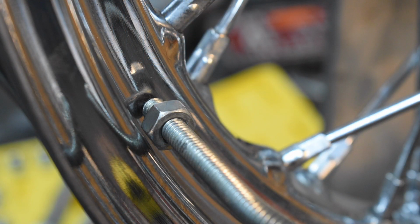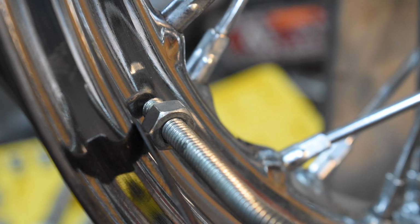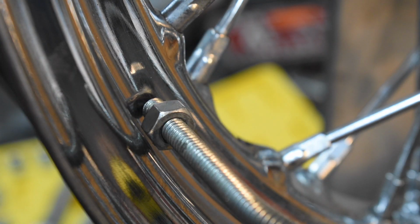Okay, I've taken the tire off, obviously. I've got the wheel sitting in my truing stand. And this nut, the flat of the nut is set parallel to the edge of the rim. This is what I'm going to use to check the hop. And then the point of the probe over here is just barely touching the vertical side of the rim. So if we spin this around,